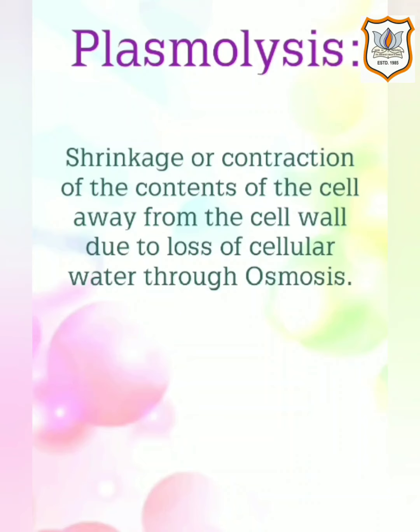To understand this phenomenon, let us have a small activity. Mount the peel of any plant leaf in water on a slide and examine the cells under the high power of the microscope. Now, note the small green granules known as chloroplasts, and chloroplasts contain chlorophyll, the green pigment. So, put a strong solution of sugar or salt on the mounted leaf on the slide. Now, wait for a minute and then observe under the microscope.